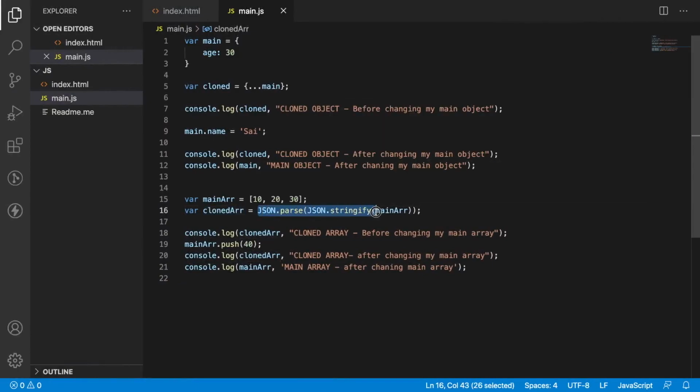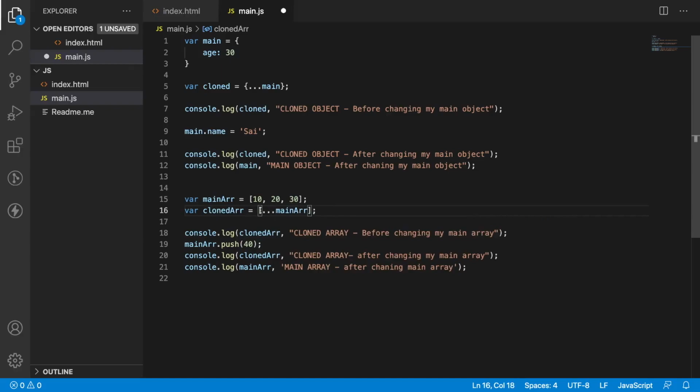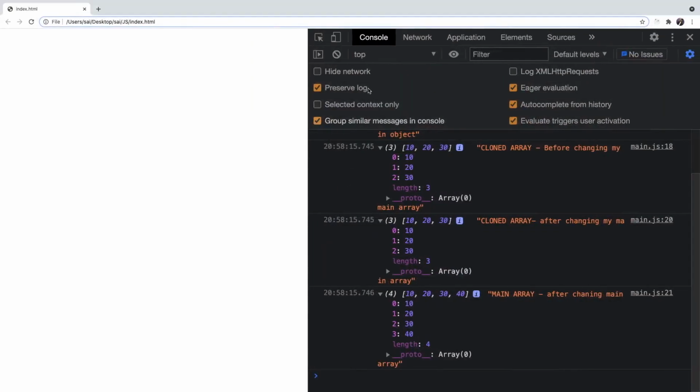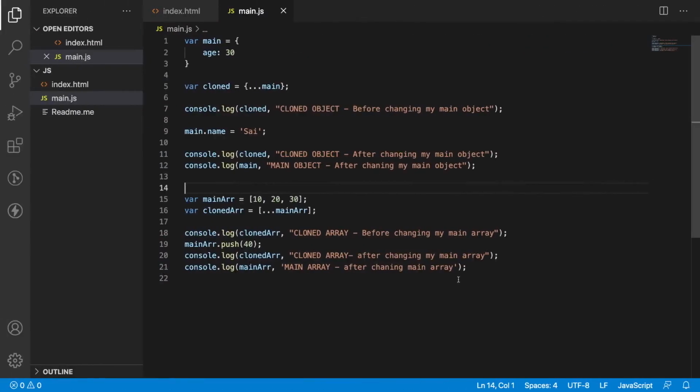In the same way, I can use a spread operator. Let me give an array and write dot dot dot. Whenever you are using a spread operator, if you want to convert an array, use the array symbol. If you convert an object, you can use the object symbol. So the spread operator will work for both objects as well as arrays. Let me save this and go back, clear the console. If you see here, 10, 20, 30 in the cloned array and the main array. The cloned array has not changed even if my main array is changed. So that is one of the importance of all these operators like spread operator, Object.assign and JSON.parse of JSON.stringify.